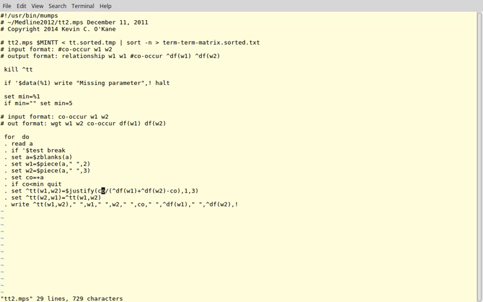The count divided by this expression, which is the sum of the number of documents in which word 1 occurs plus the number of documents in which word 2 occurs minus the co-occurrence. So let's look at the situation where word 1 and word 2 both occur in 10 documents, and they co-occur together 10 times. That means the value of this will be 1. They obviously are co-occurring in every document in which they exist. They couldn't be any other